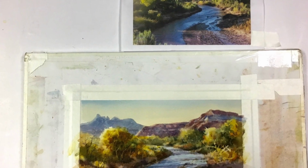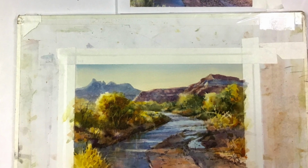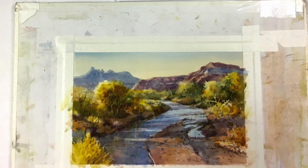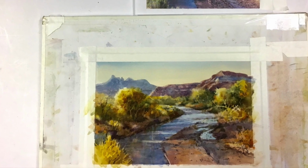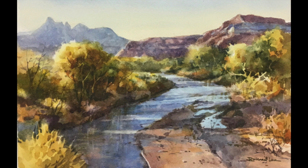Well, I think things are looking pretty good here. This painting is about done. Usually I slap a little matte on here and see what it looks like, but let's take a closer look now. This is the finished piece, and it'll go from here off to the photographer, then to the framer, then